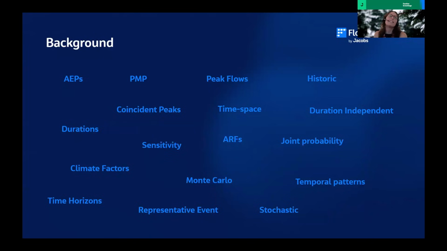And often we need to consider changing catchment or floodplain conditions as well as design options. And to cap it off, now we're thinking about climates in the future, and adding that to the mix. So when we multiply all those potential variables together, that can end up in quite a lot of different scenarios.